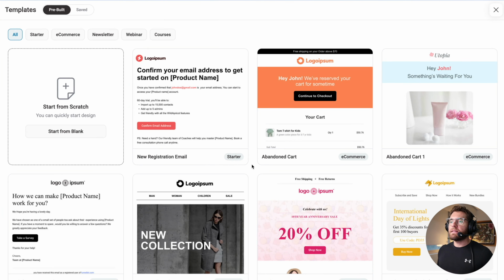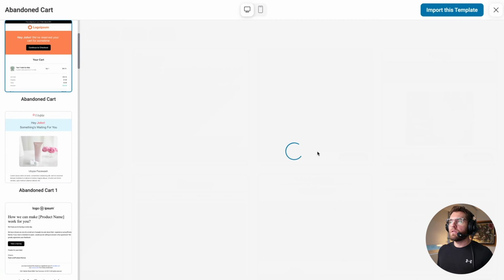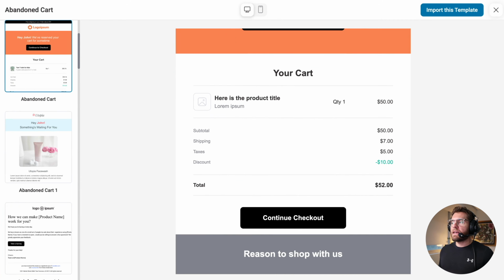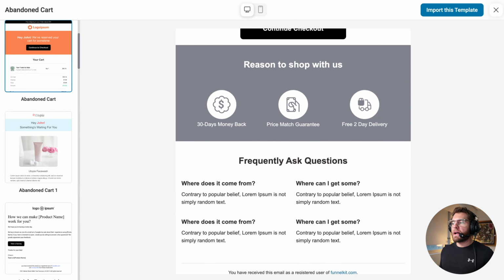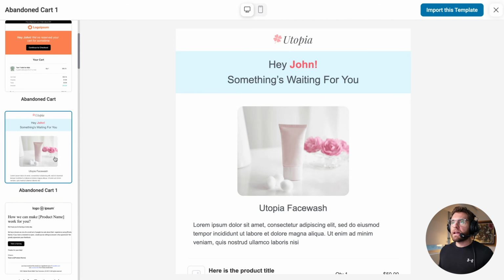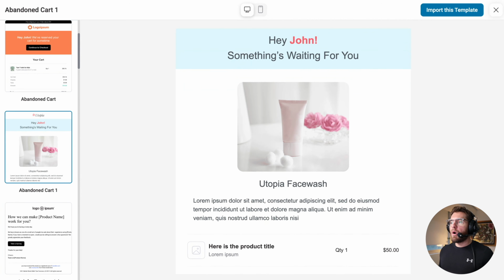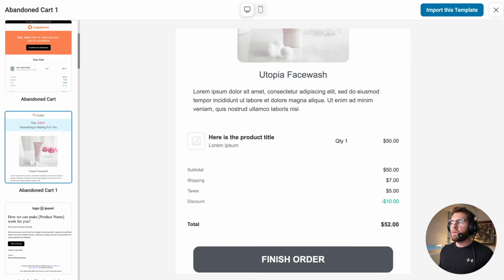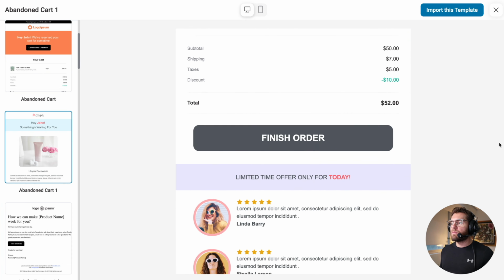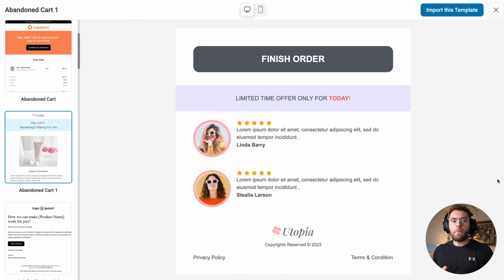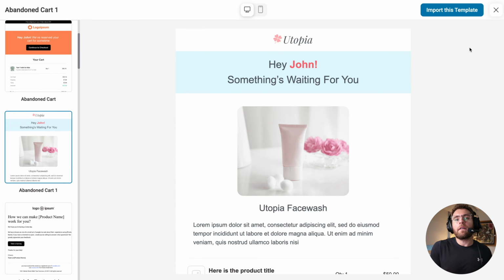We could use a pre-made design, as you see on the screen here. So if I go ahead and click Preview, you could one-click import this as a starting point and then customize it to match your branding. And then here's a second one. As you can see, they're both modern, clean, and exactly what your customers expect to receive from your brand when you email them. I'm thinking for today's video, let's start from scratch and recreate this design here that you see